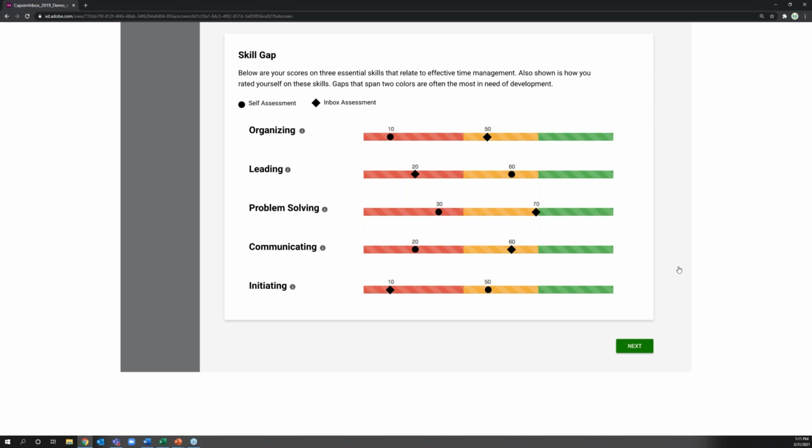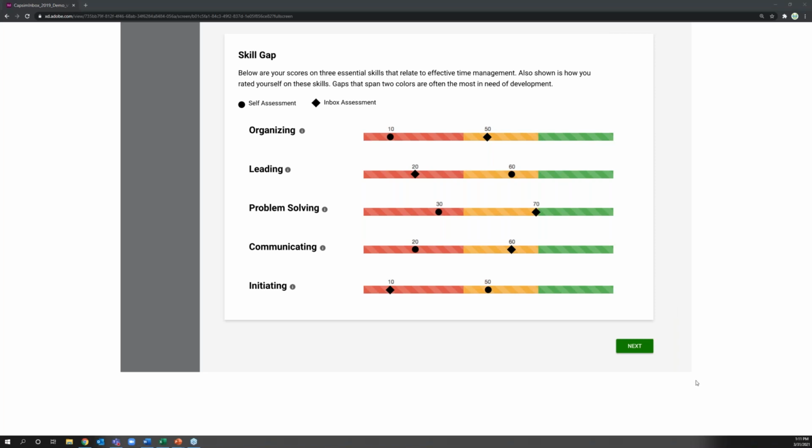So in some cases, this will be a self-esteem builder. So if we're looking at this closely, we can see that, okay, initially this participant put themselves at a 10 in terms of organizing, but the inbox has them at a 50. Hey, that's great. In other instances, this is going to illustrate a skill gap or that there's room for improvement in this particular skill. And that's where many assessments or platforms will lead the students of you're strong in these areas and these skills, and there's room for improvement in these other skills.